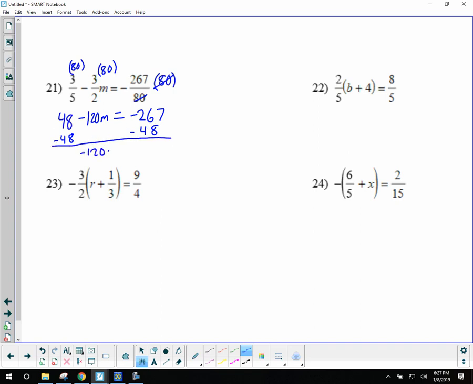I'm just going to use a calculator for that. Why? Because it's in front of me on my desk. We get negative 315. Divide all that by negative 120. And we get